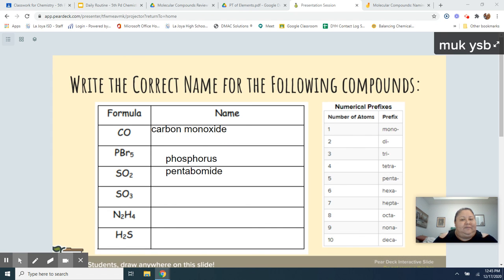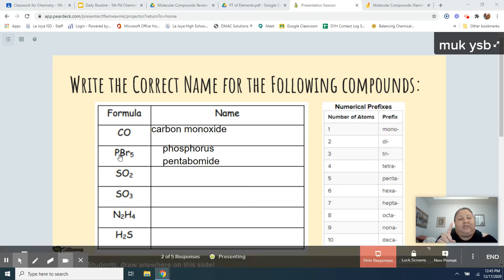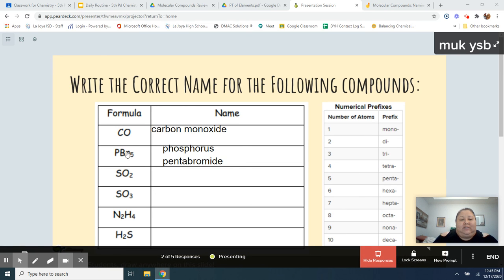Change the ending. Okay. Now, remember, you only have one phosphorus. One means mono, but you cannot use mono for the first one, okay, Mel? But for bromine, you have to put the prefix for 5. According to this, it says right here,